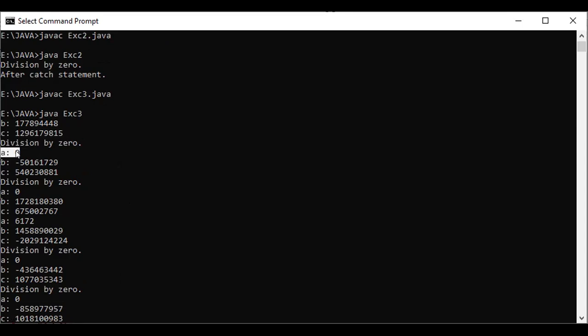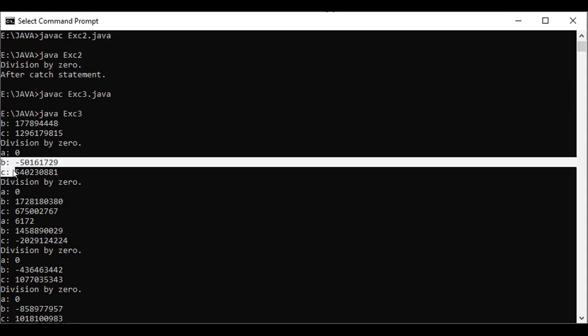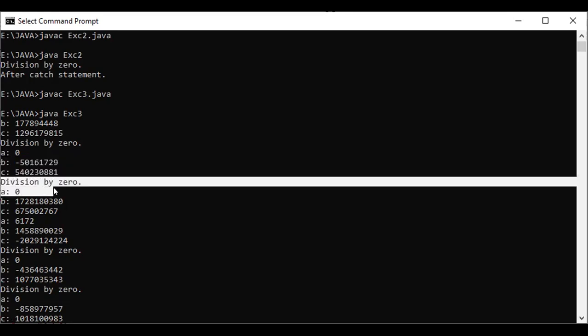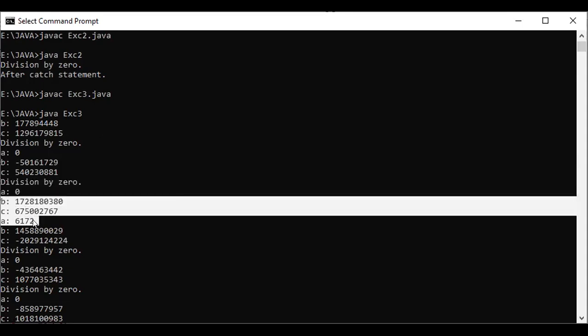Then again, B and C random values are selected. By dividing these two values, we again get an arithmetic exception, which we handled and set A equal to 0. And in this case, with two random values, we get A value as 6172, not 0.